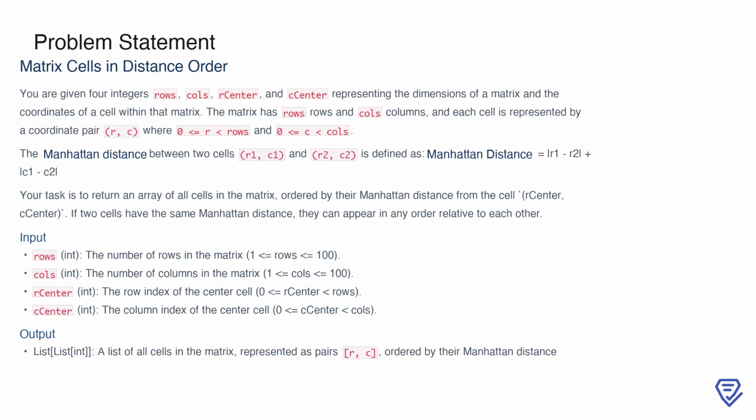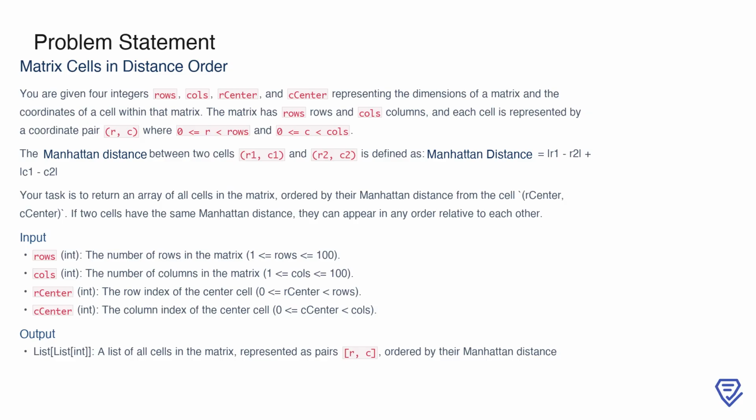In this problem, you're working with a matrix defined by its dimensions, rows and cols, and a specific cell within the matrix, identified by its coordinates rCenter and cCenter. Each cell in the matrix is represented by a pair of indices, (r, c), where r is the row number and c is the column number, both starting from 0. The goal is to return all the cells in the matrix, sorted by their Manhattan distance from the center cell,